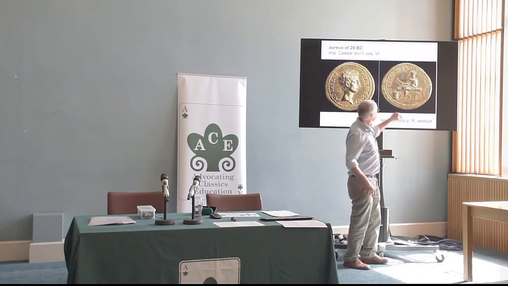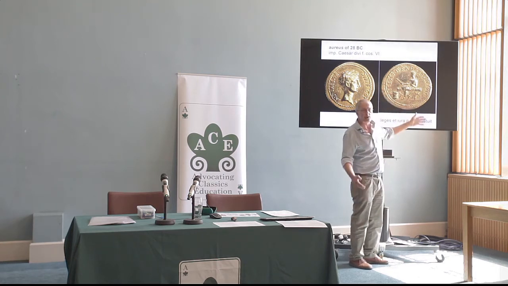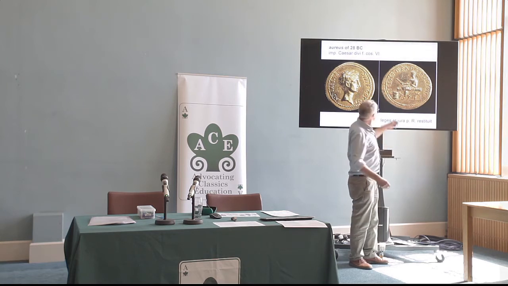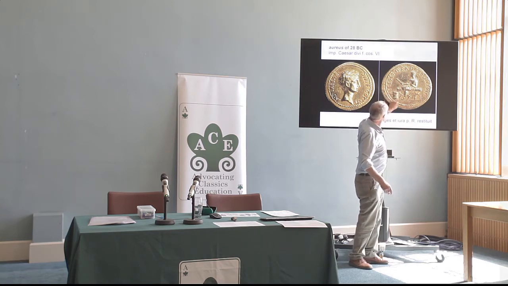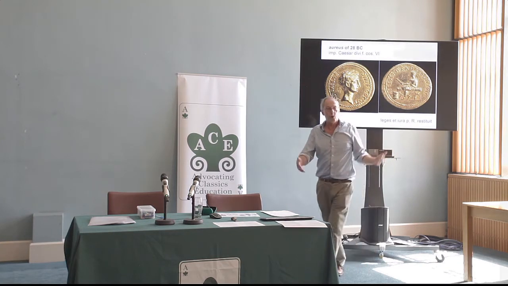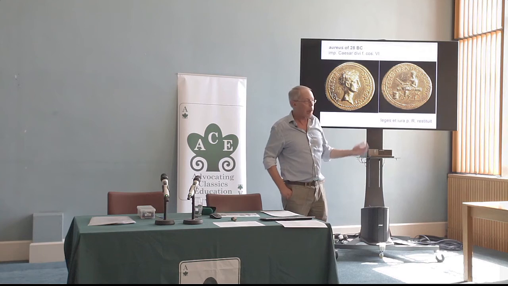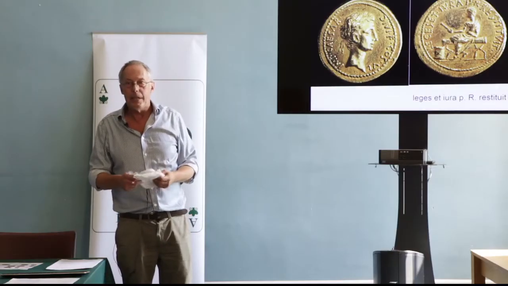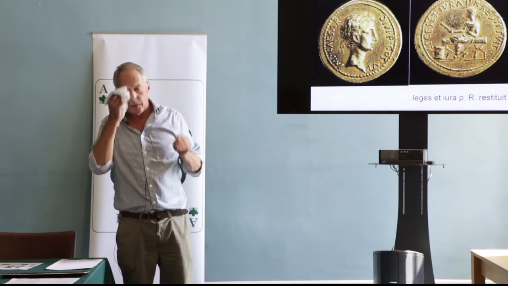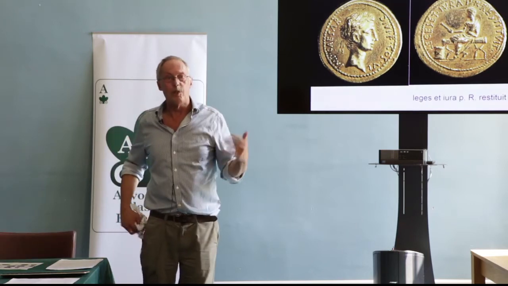We'll do some reading of images in part 2. He's wearing a toga. He's sitting on this funny bench, which is the bench of a magistrate with Imperium, and he's holding out scrolls from a collection of scrolls, and it says, Leges et Jura Populi Romani Restituit. He restored rules and law to the Roman people. So you can see he is actually claiming in 28 BC to have ended the dominatio. He's admitting, in effect, there had been a dominatio, and he is now restoring the normal operation of republican rules and so on.